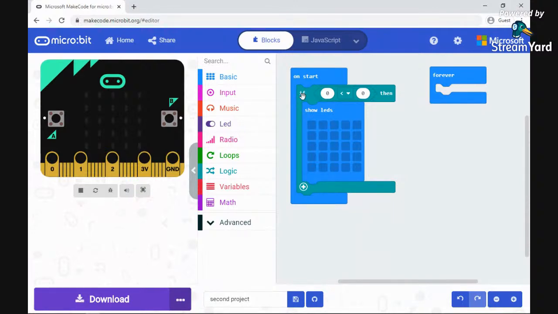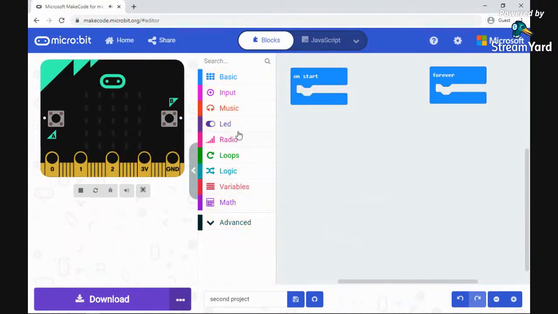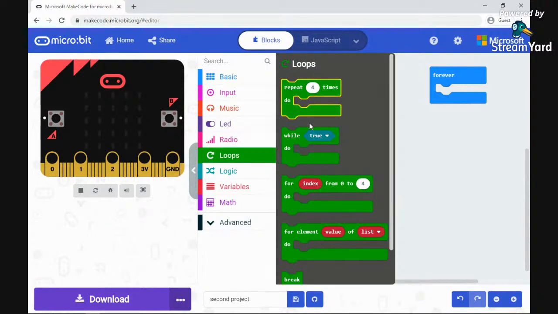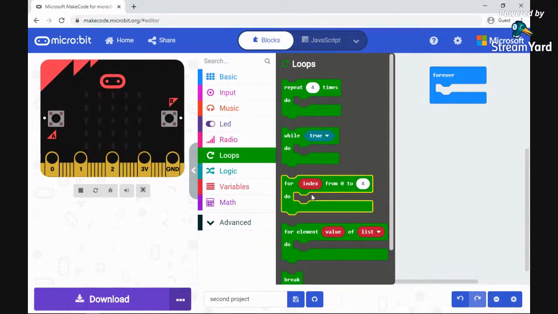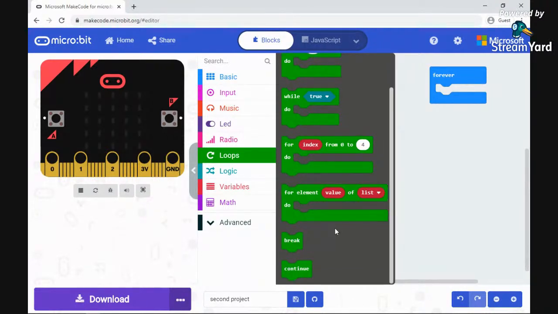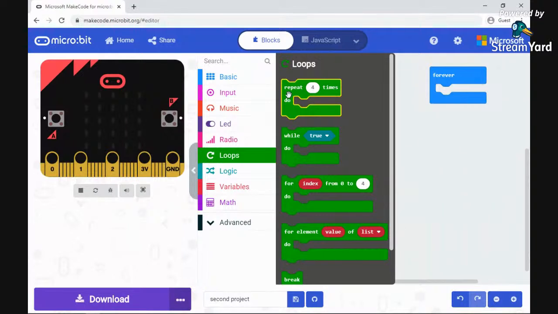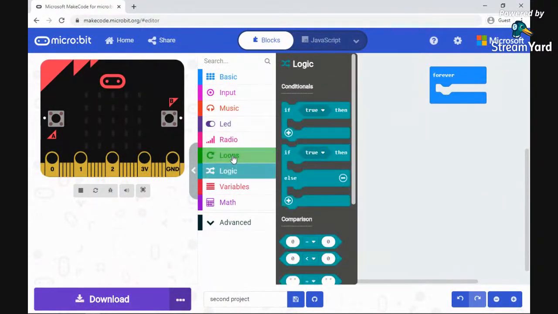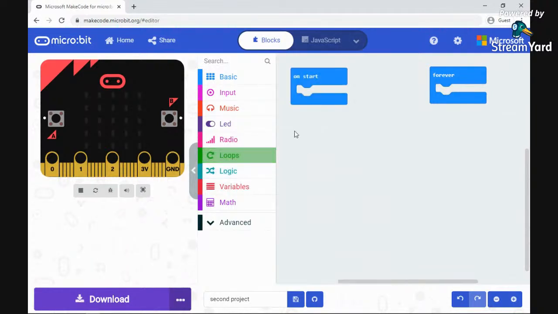Okay. Next week, I want you to have a go at making sure you have used a loop. So either repeat this many times, or while something is true, or you're going for an index from this many to this many. Okay, so in your tutorials it will probably show you how to use these if statements and loops, but just have a go at those two things,